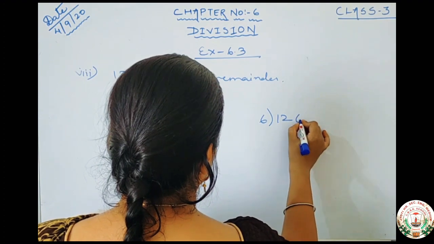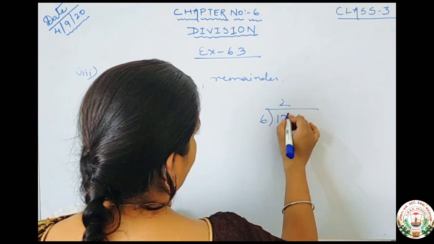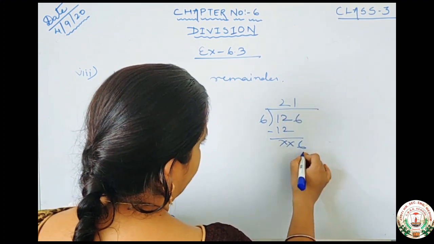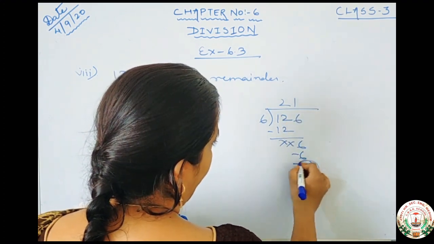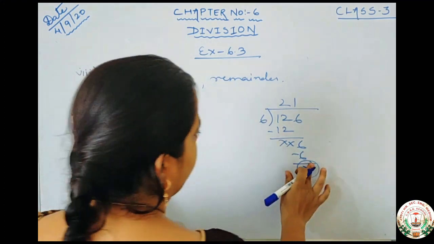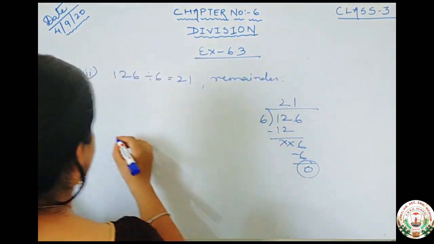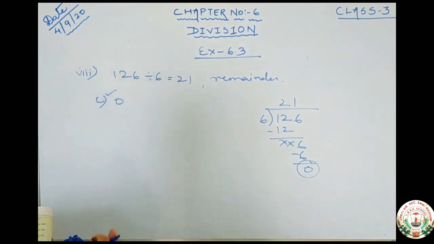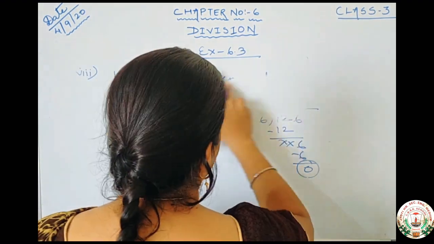Okay. 126. 6 2s are 12. 6 1s are 6. What is left out? Remainder means left out. Nothing means 0. So what is remainder in this question? 0. It is given in option number C. So you will take option number C there. Okay. Now next is